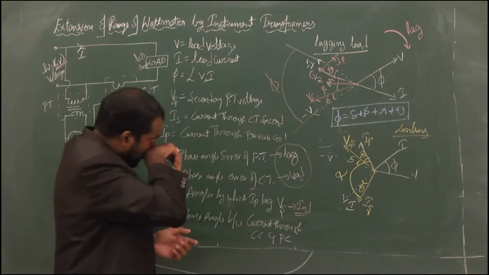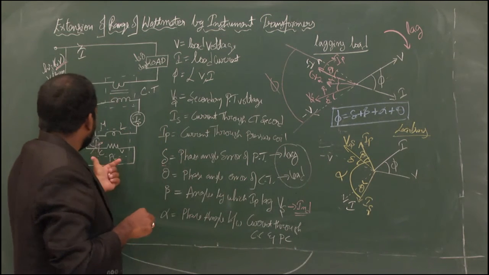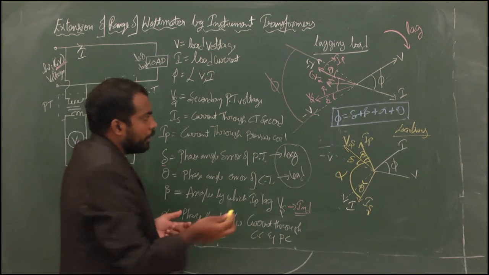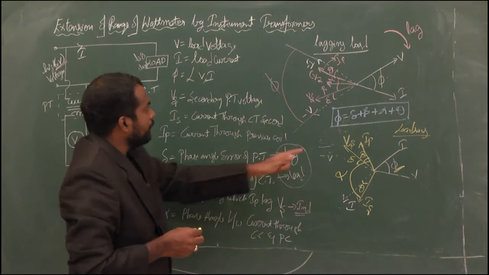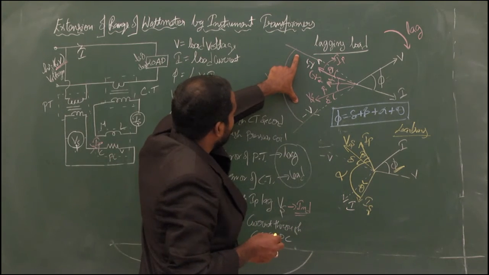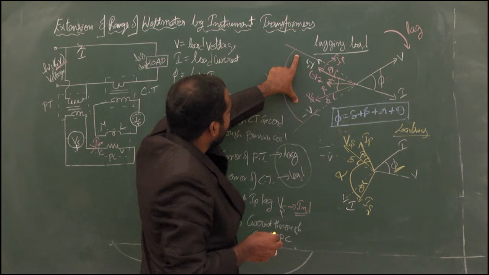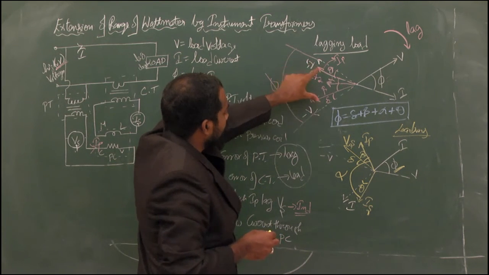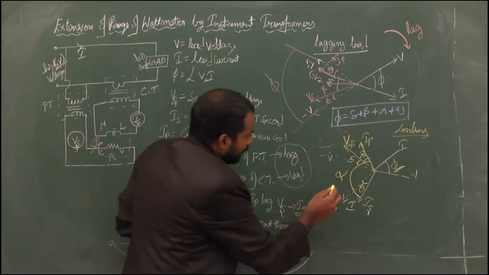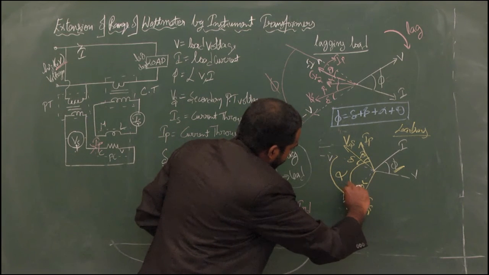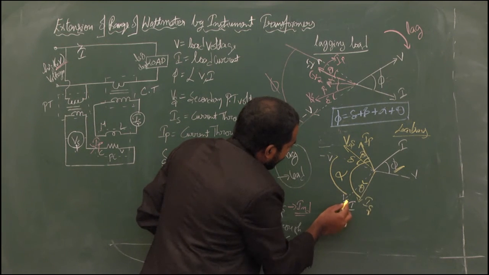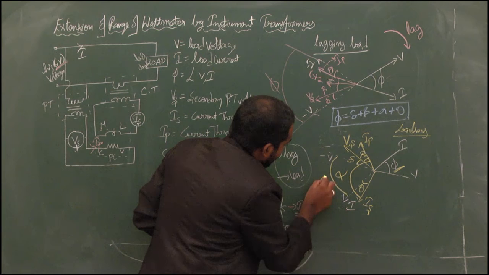Right? So this is nothing but your analysis of your diagram. Now what I want is the value of phi. In the previous case, phi is nothing but this value, and we calculated the value of phi by doing some projections. In this case too, phi is nothing but this value. It is the phase angle difference between your voltage and current.